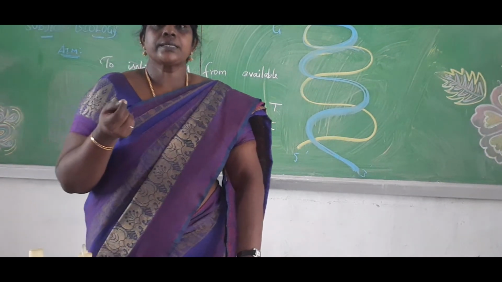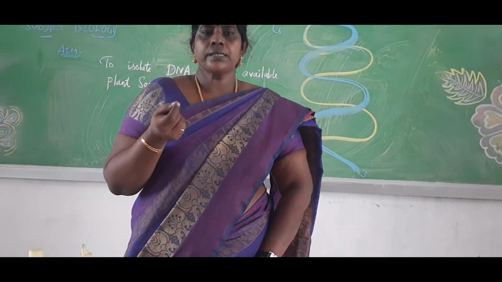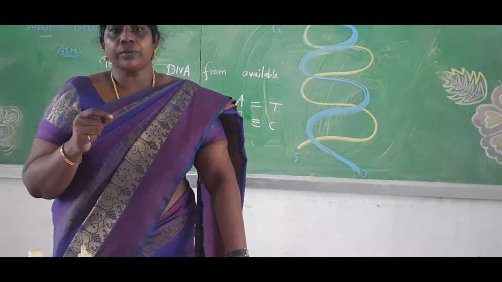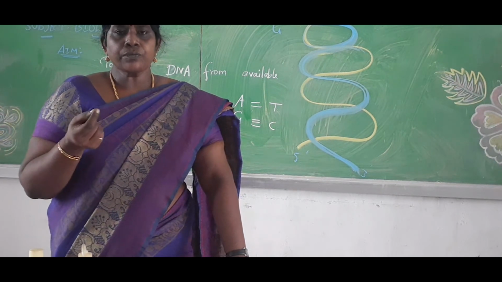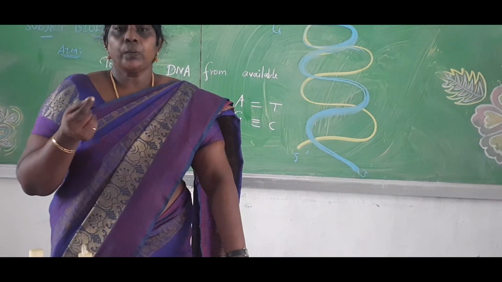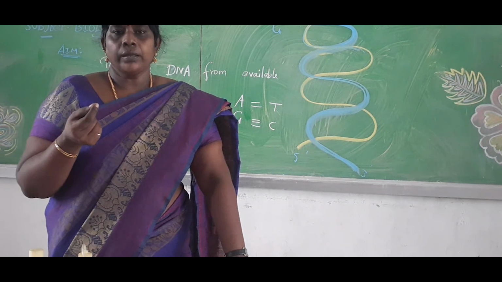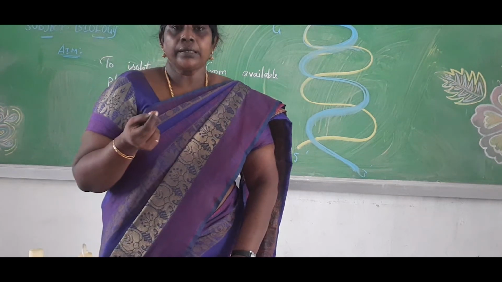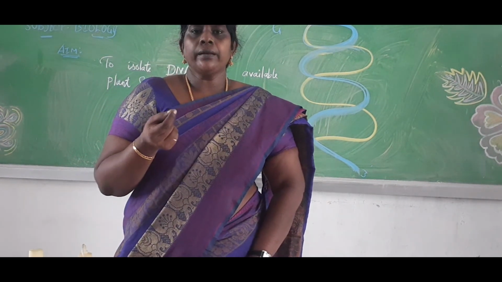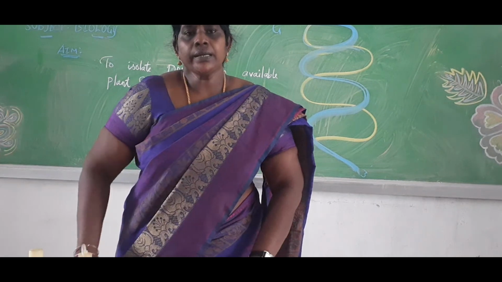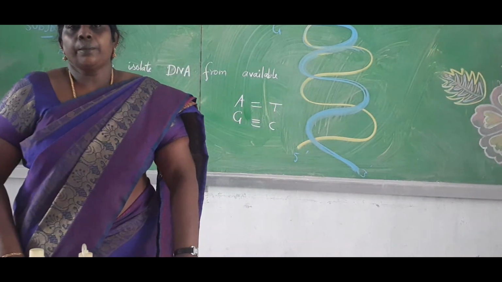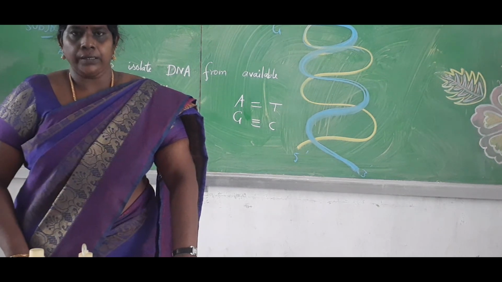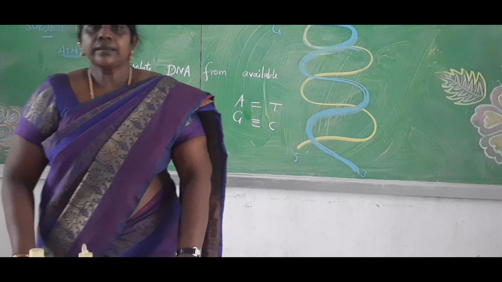99.9% of the DNA is the same in every individual. Only 1% varies from individual to individual. After gel electrophoresis, which is used for purification of DNA, we can trap the DNA on a nitrocellulose membrane, then autoradiography. So DNA is widely used in biological analysis, especially in the field of forensic science, fingerprinting. Yes, thank you children.